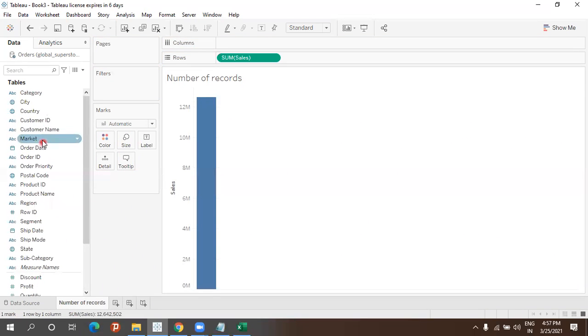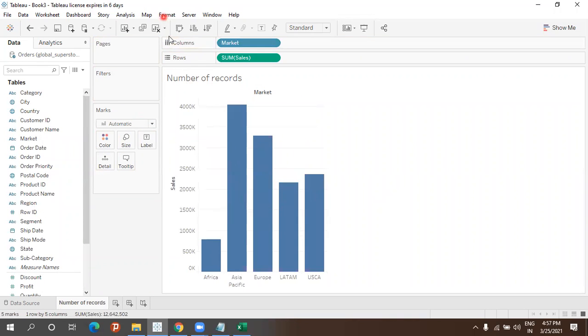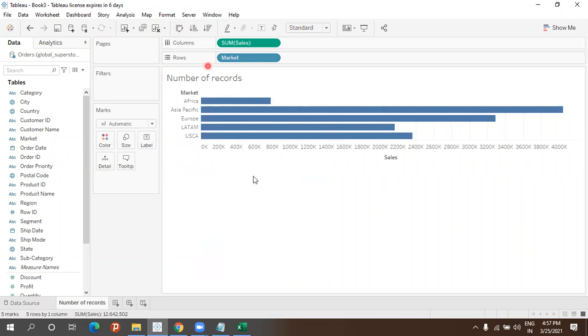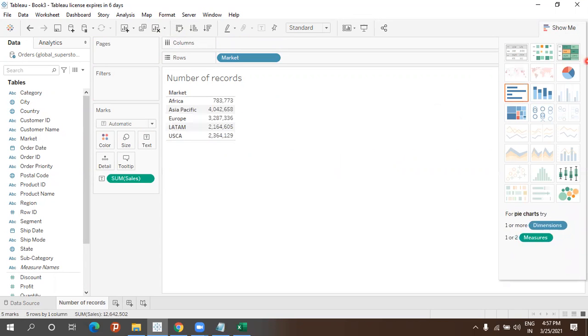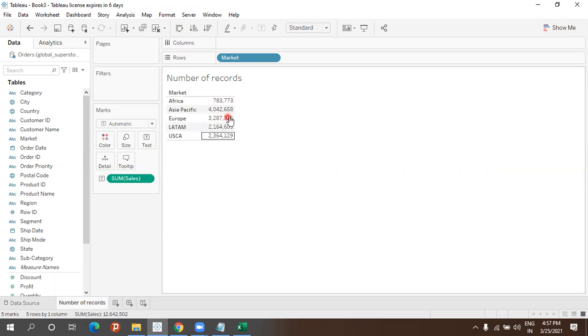Then from here, market, and let me swap this one like this. This is the visual format; let me change it into textual format. In Africa, I'm having this many records. In Asia Pacific, I'm having this many. In Europe, this many. In LATAM, this many, and here this many.